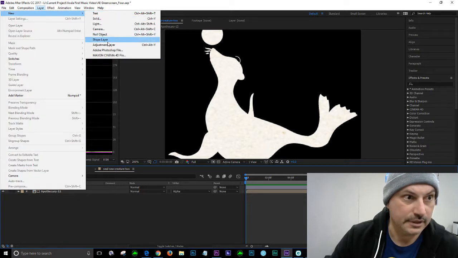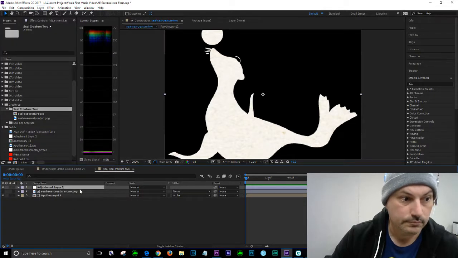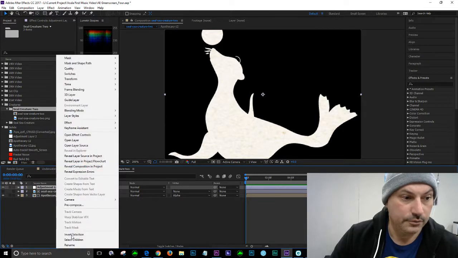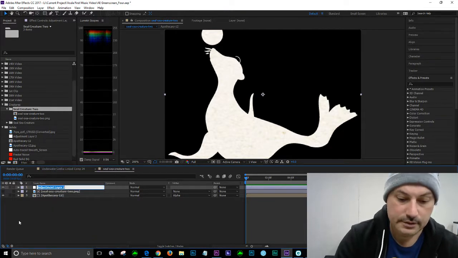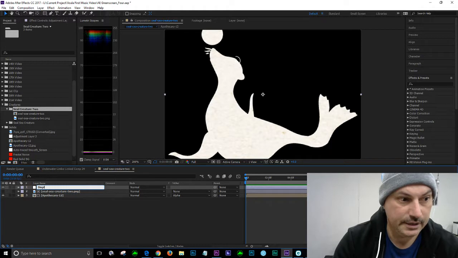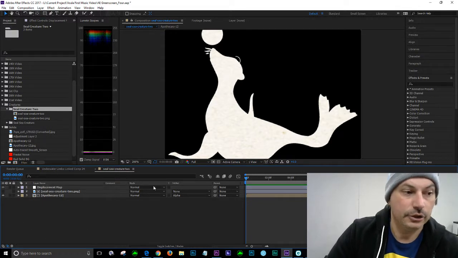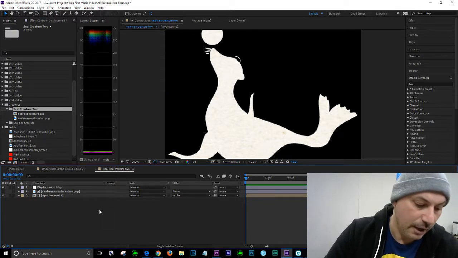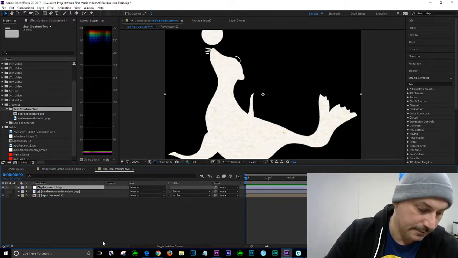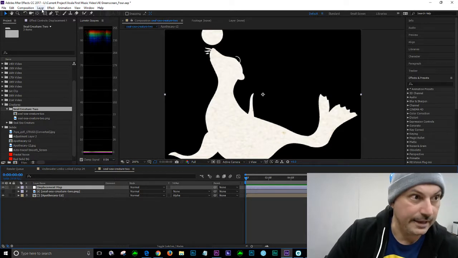New adjustment layer. Now, we can rename that and call it DISPLAC displacement map. There's a reason why we name it. It's obviously going to be easier for you to understand what you're doing when you're grabbing and selecting later on. So the new adjustment layer, we select it and we're going to add the effect